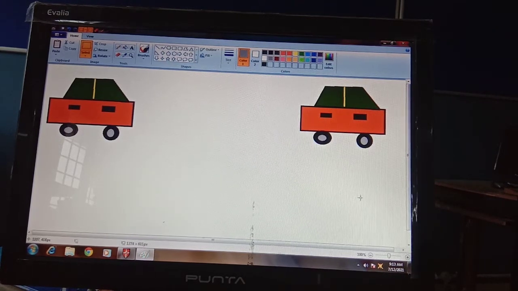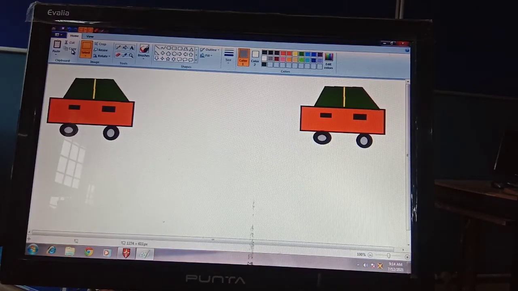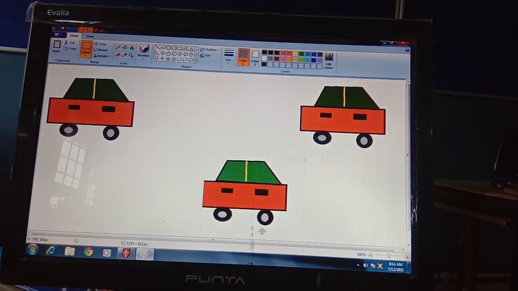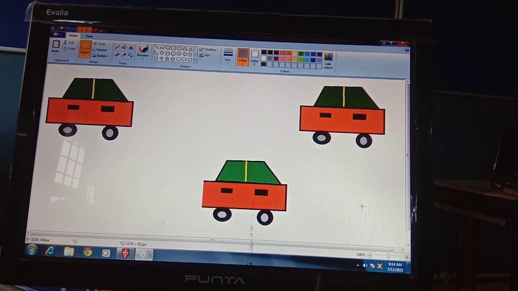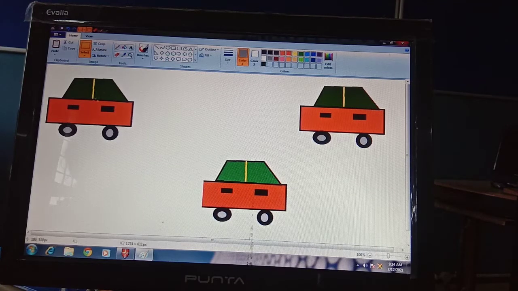Click on the copy option. This is your copy option. For making a copy, first of all you need to select and then click on the copy option, and then here just click on the paste. Okay, one more copy is made of it. So it is clear how to copy. Copying means making more copies, and cut means cutting it from its position and moving it to somewhere else.